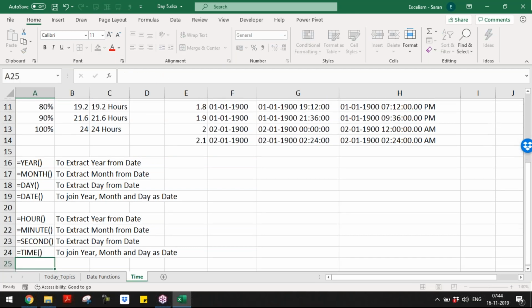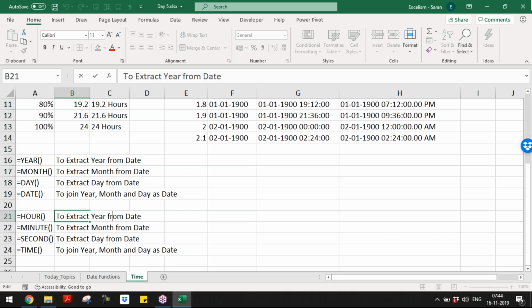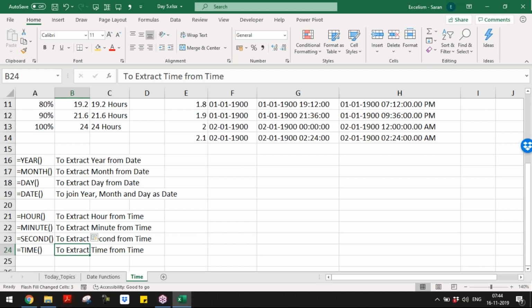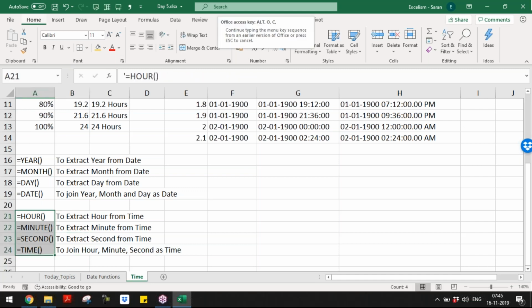What it does: to extract hour from time. This is to extract. Now this can be considered as a flash fill. So to join hour, minute, second as time. Okay. This is another bunch of 4 functions.